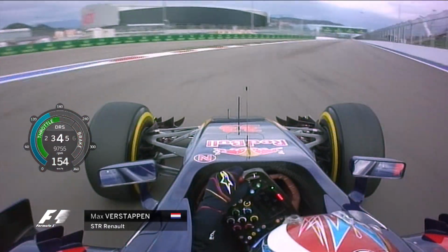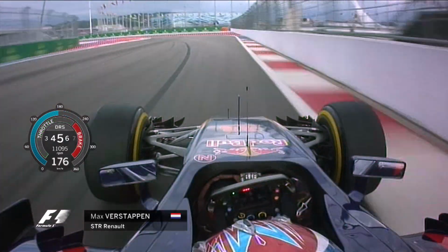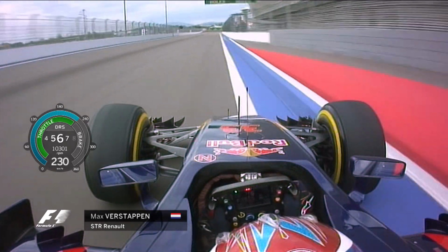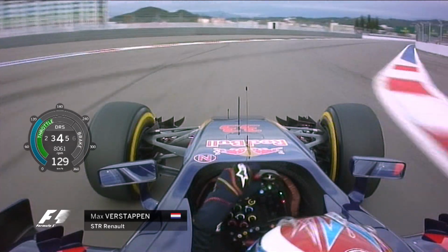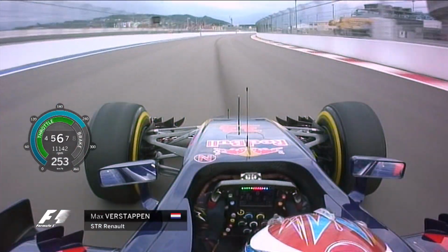Down into another fairly tight turn 7 corner. This is where it starts getting a little bit more interesting. We've got this double section of 8 and 9 working the right side of the tyres very highly. Big stop down into 10, an important area to get great acceleration as it curves round to the right